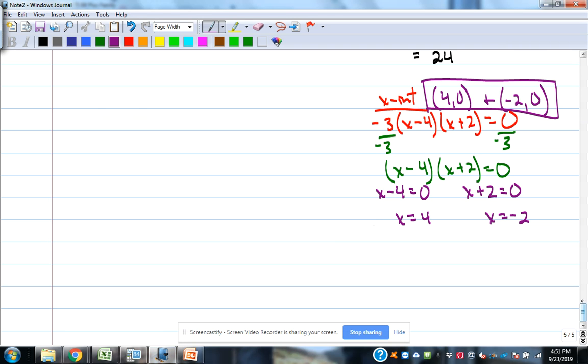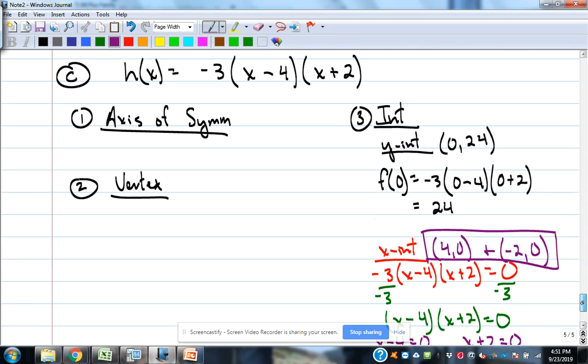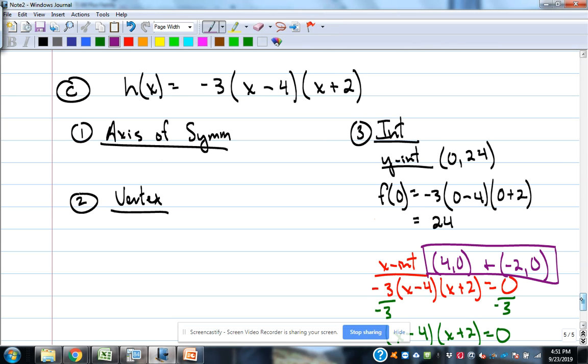Okay. So we found the intercepts. We started with that because of the format it was in. It was in the factored form or the intercept form. To find the axis of symmetry and the vertex, my suggestion is to multiply it out and put it in standard form and then use those formulas. Okay, so if I'm going to multiply this thing out,